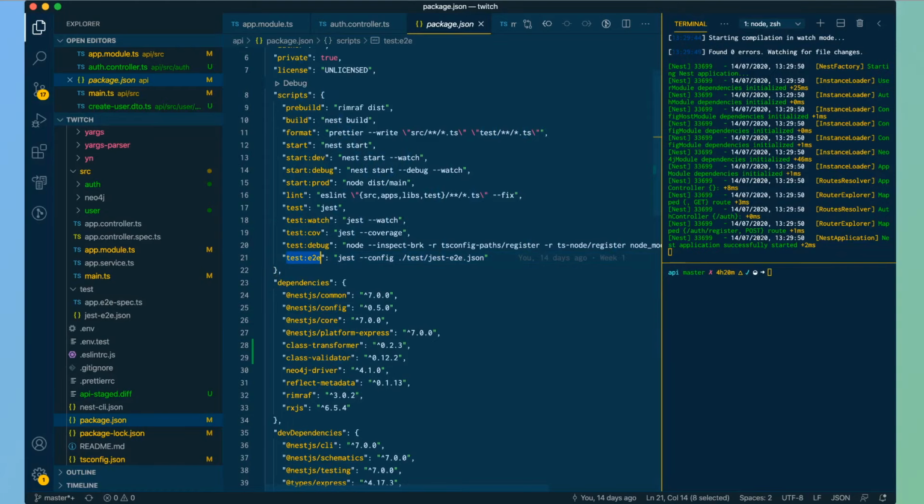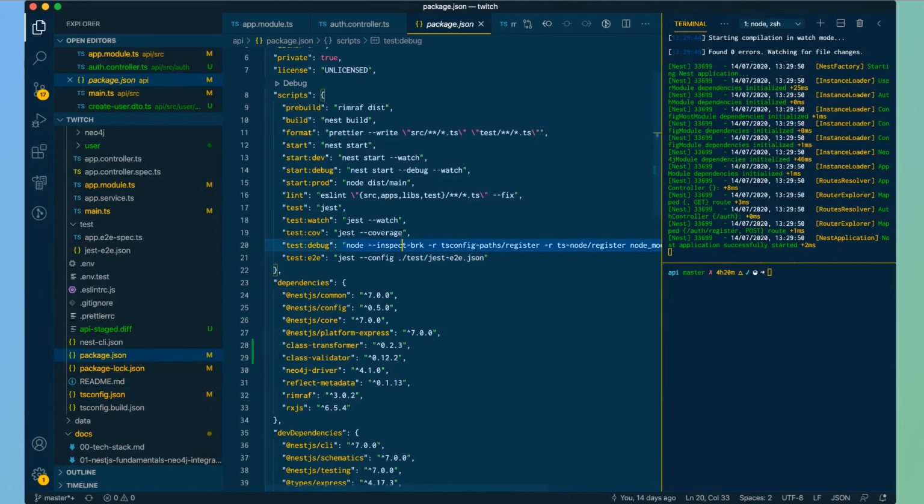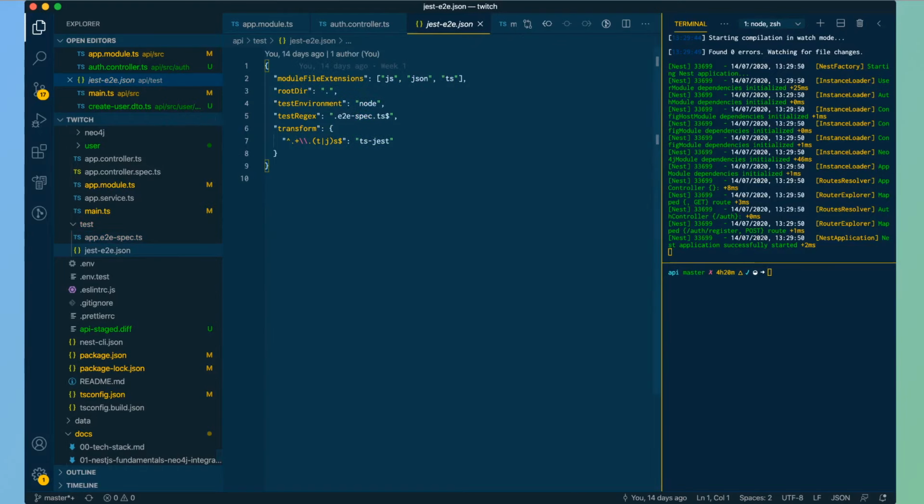We have this E2E here, which is basically running Jest but with a config. So if we take a look at that config, it's basically saying just run all of the files that match this value. So any string which has .e2e-spec.ts at the end of it, and then we'll run that using ts-jest. So if I run that now,